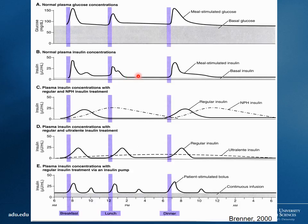That could be something that things like artificial pancreases would be able to mimic down the road. So how can we dose our insulin in order to help deal with these spikes in glucose and try to simulate what the pancreas would normally be doing with insulin? Well, here you can look at this first regimen, where you would use, this would end up being a 4-time,